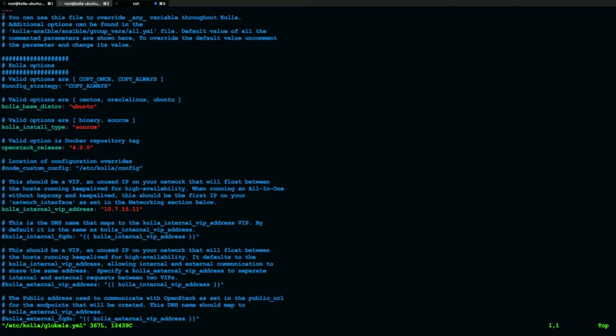So this is a nice feature about Kolla. I don't know, 90% of the settings you want to do to the cloud, you can set them in one file, which is /etc/kolla/globals.yml. Here, I'm going to show you where you can...